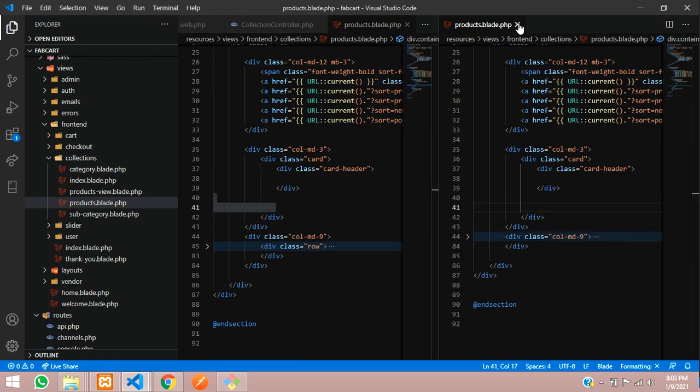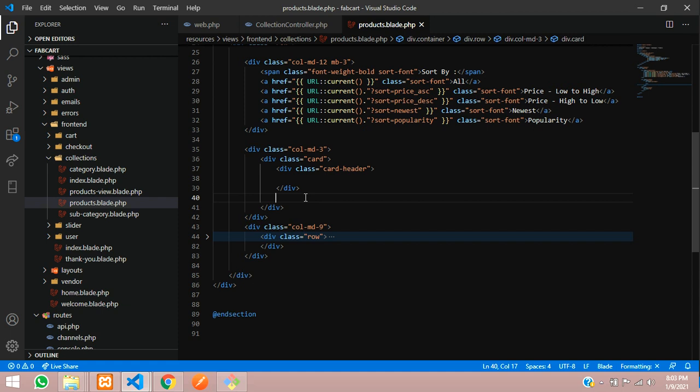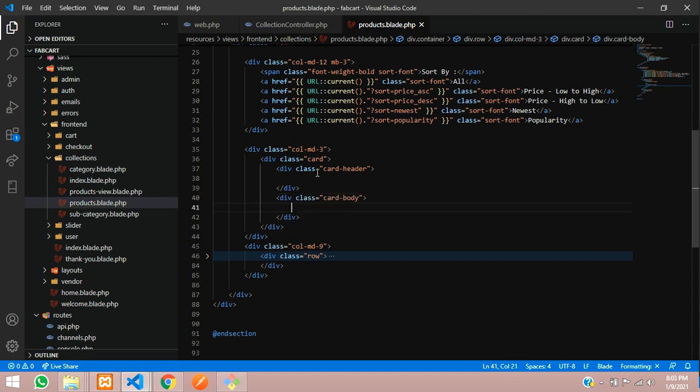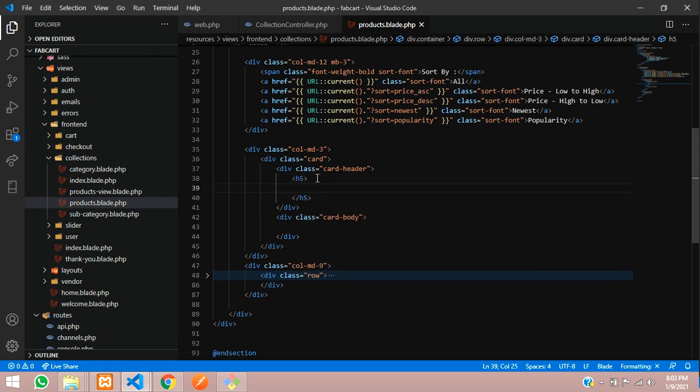Here in an h5 tag we will write brands, and here we will give one button.